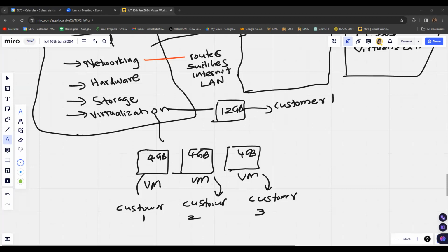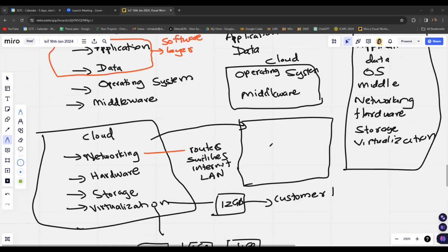So these virtual machines can address those challenges. Rather than addressing customers one by one, when you have these virtual machines working simultaneously, you'll be able to address the challenges or the customer requests separately but simultaneously. So this will increase the efficiency of your system.